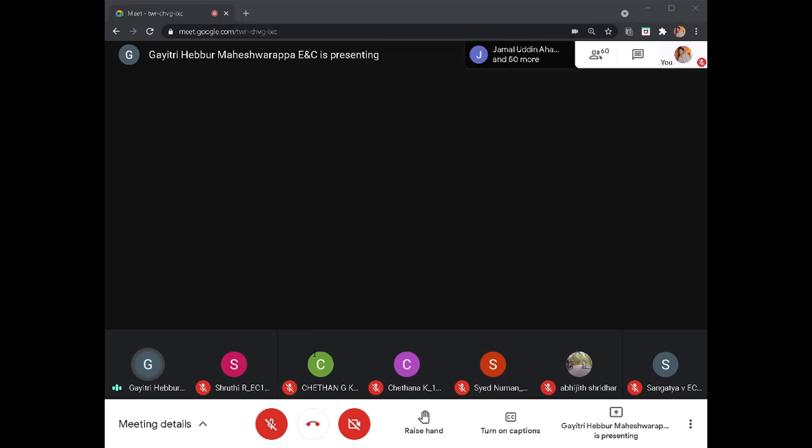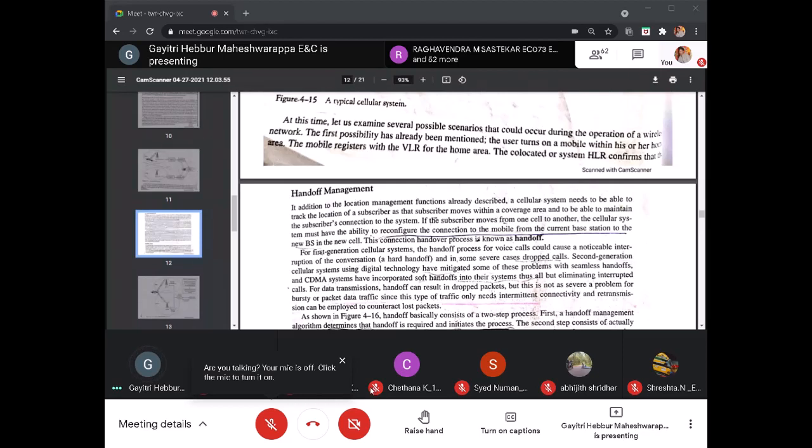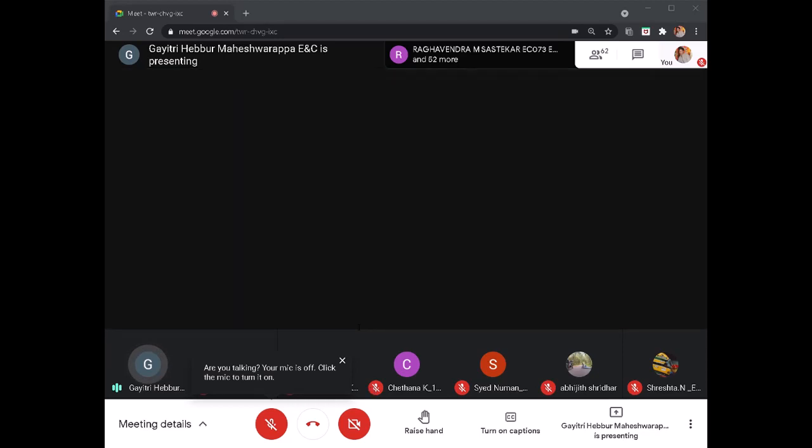Okay. So next we'll move on to handoff management. This is also one of the mobility management functions. As we all know, there are three important things under its process. So what are those? First one is that the network should identify whether the mobile station or the radio base station needs a handoff operation or not. Okay, that is the first thing. Based on the received signal strength, not only can we say that received signal strength itself is enough to take the decision whether the handoff operation is to take place or not, right?